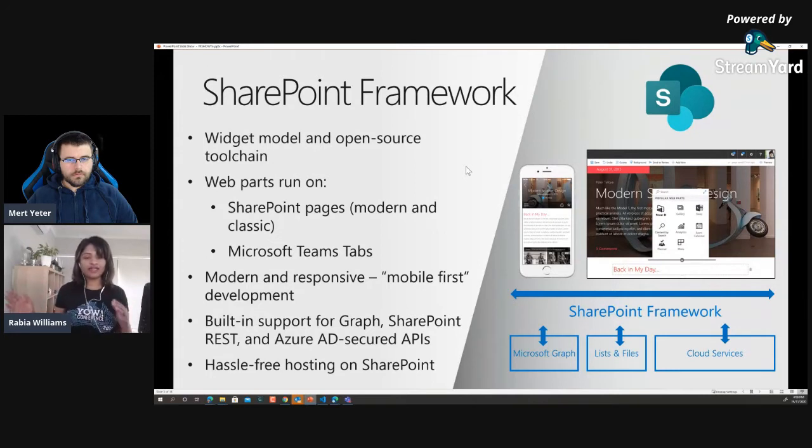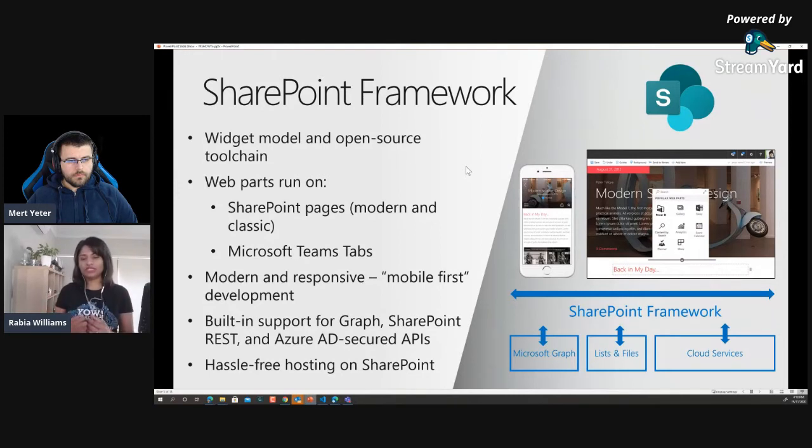I have not gone and created my services there, or deployed the application. For example, I don't have to worry about the back end of my application. It's inside SharePoint. So hosting is taken care of by SharePoint, and I can readily access anything that is Microsofty, like the lists, the files, or if I want to connect with Graph, it is much easier when I do it with SharePoint Framework. If you take, for example, your single page application hosted in Azure or any other cloud, and you want to connect with Graph, or any of the Microsoft